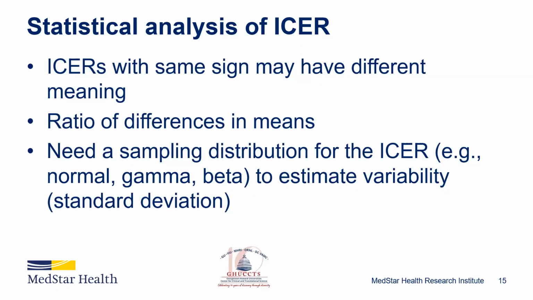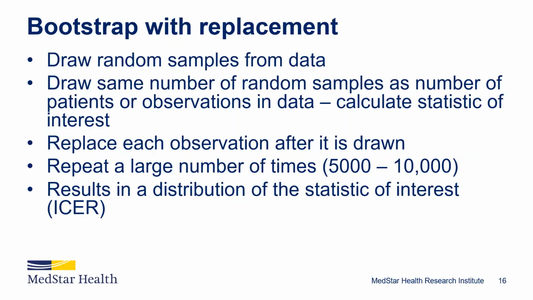And remember, we assumed costs were going to have a gamma distribution, utilities were going to have a beta distribution. So how are we going to come up with a distribution for the ICER? Well, as it turns out, we're not really sure if it fits any of the standard distributions like a normal distribution. So what we're going to do to get a distribution is to do bootstrap